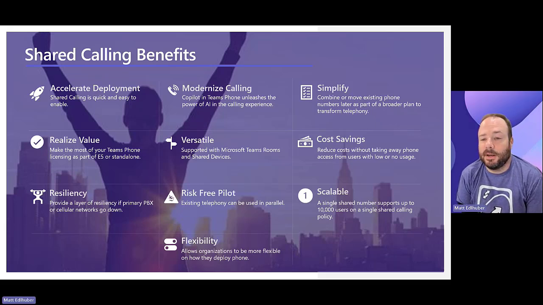Cost savings, kind of already hit on that a little bit. Great fit for low usage Teams users. Resiliency. Occasionally we see cellular networks fail, maybe PBX failures. If you have a data connection, right, Teams Phone could maybe fill a gap there for the right scenario. Risk-free pilot, right? You can easily turn this on, assuming you have the license, in parallel to existing platforms